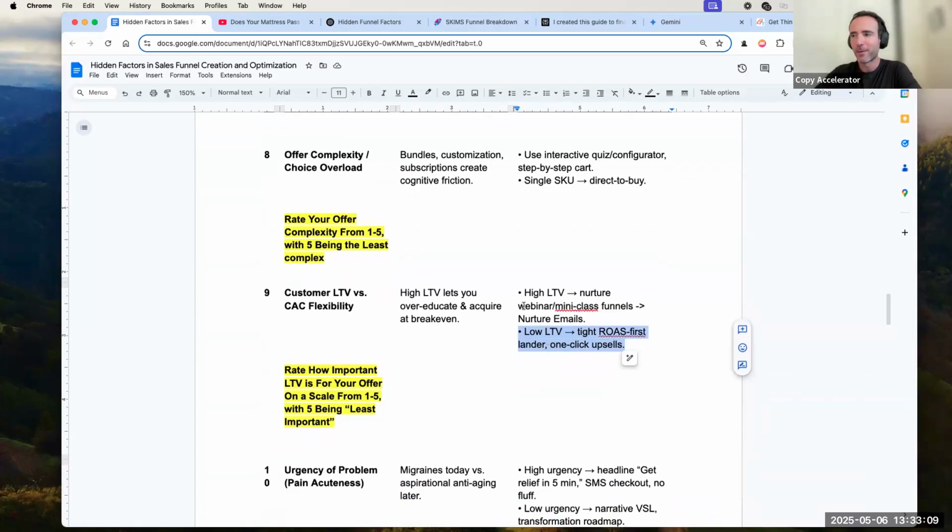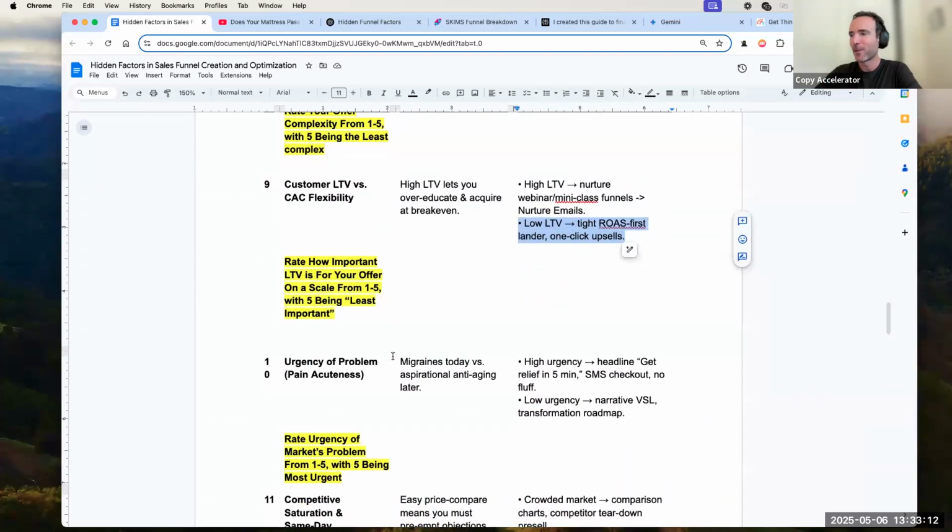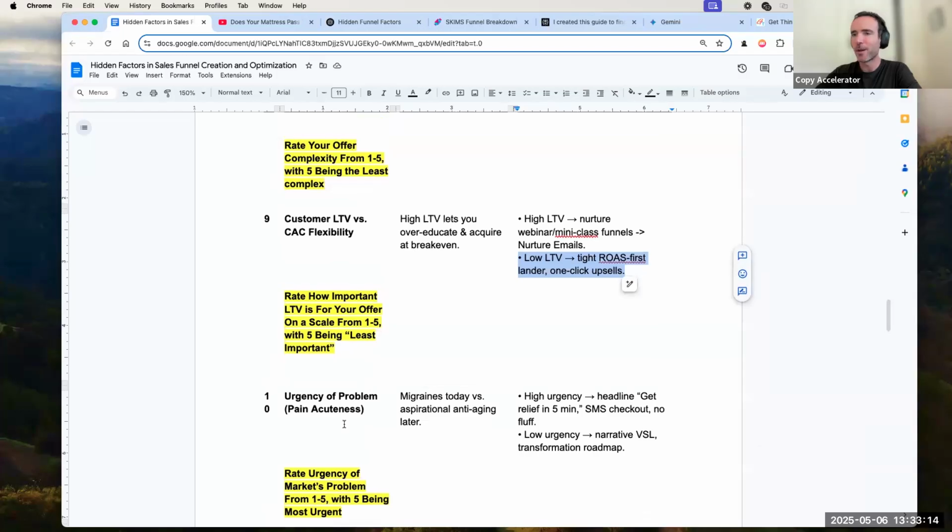All right. So we got a few more to go. This one is actually pretty easy too. It should be kind of intuitive, which is the urgency of a problem or an urgency of a pain point, right? So they put the example of a migraine today versus some kind of aspirational anti-aging later. And it's actually a good example that was used because, especially on the anti-aging, that's one of the hardest things with